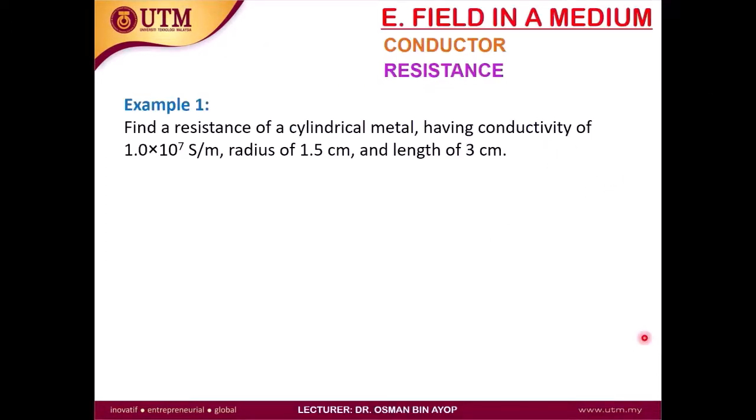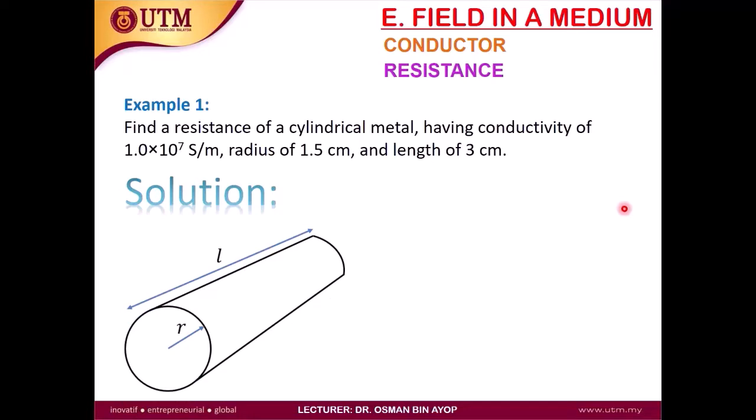Let's see example 1. Find the resistance of a cylindrical metal having conductivity of 1 multiplied by 10 to the power of 7 Siemens per meter, with a radius of 1.5 centimeter and length of 3 cm. For the solution, we have a symmetrical structure which is easy to calculate. So L is equal to 3 cm, we have to convert to meter. Everything should be converted to meter. So L equal to 0.03 meter,